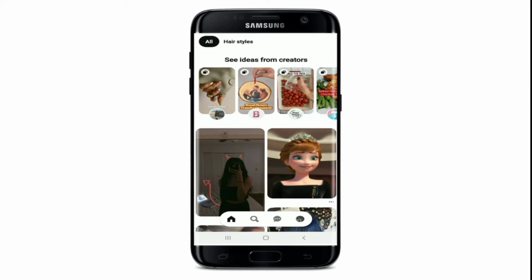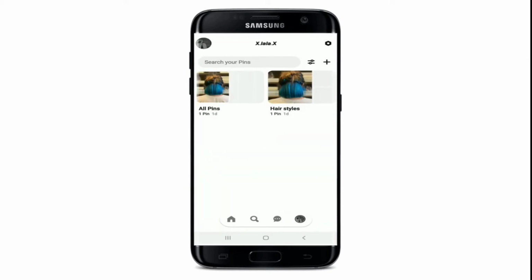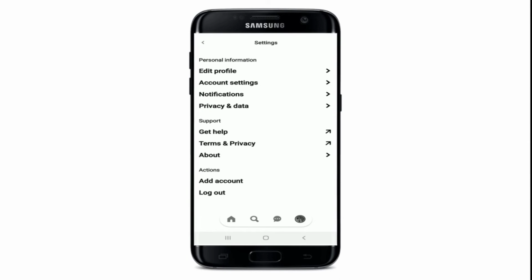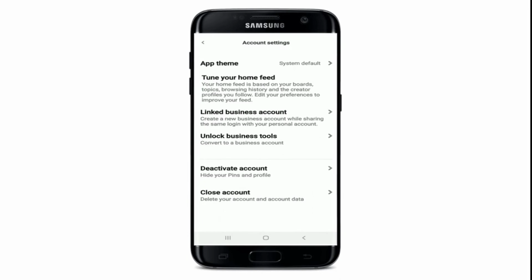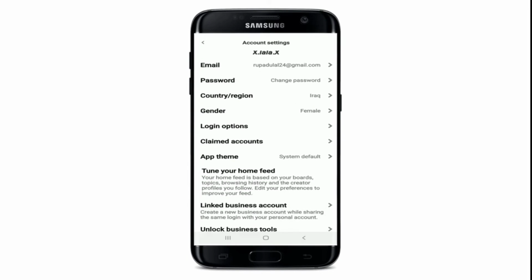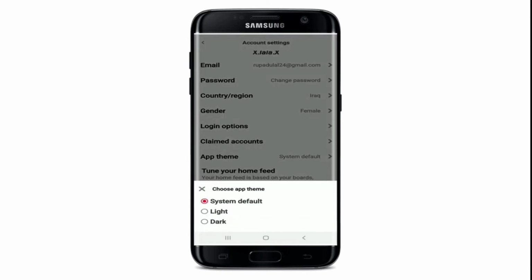After you tap open your Pinterest and sign into your account from your home screen, go to the profile button at the bottom right corner of the screen. Once you hit your profile, tap on the settings button at the upper right from your profile. From the settings menu, tap on account settings. Scroll all the way down and under account settings, tap on app theme